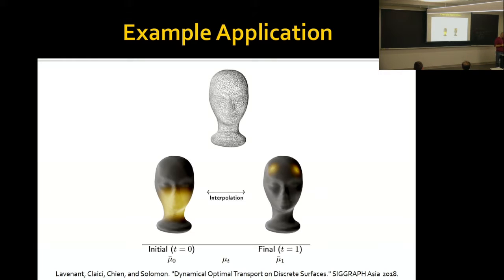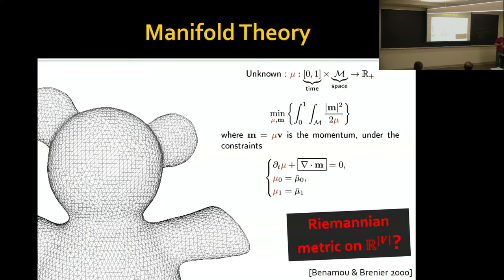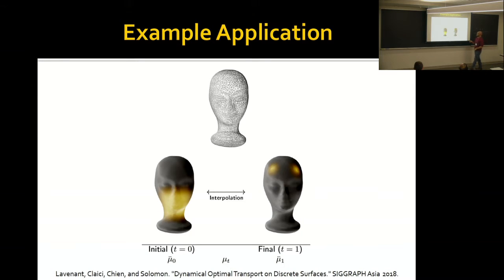So there's a really beautiful, completely different interpretation of the transport distance, which is due to Benamou and Brenier in 2000, which says that we can interpret these distances as the path of the concentration of a gas in a unit of time. In particular, look back at this slide: I'm going to think of the yellow color here as the density of the gas. So here it's high density, and here it's low density. And I'm going to think of my interpolant as the gas moving around for 1 unit of time.